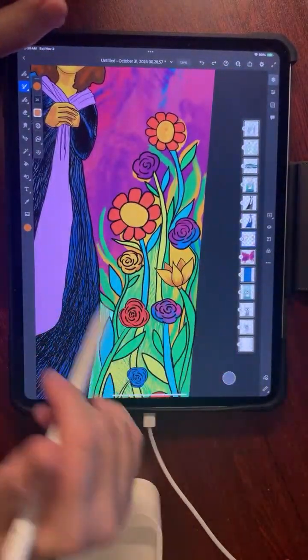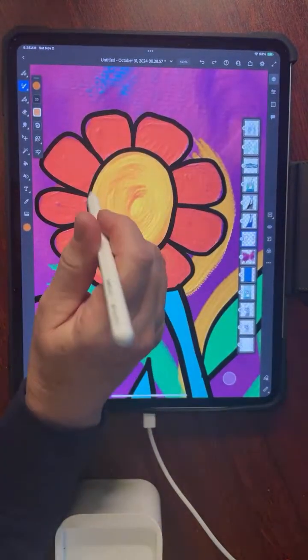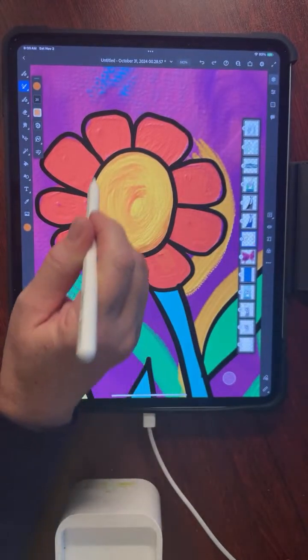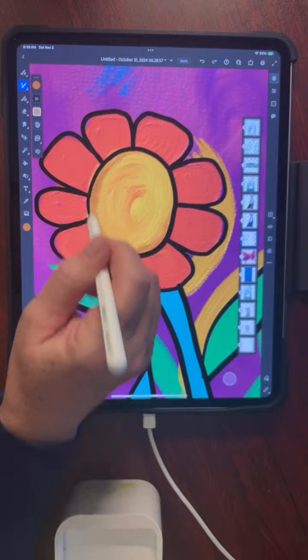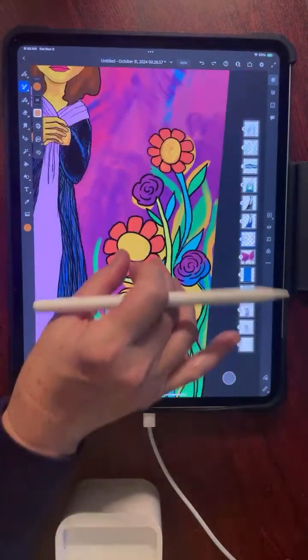You know, I could just keep going and going on these flowers. I really could. There's just so many little petals and leaves that I can make more painterly, which I will do. I don't know if I'll do them all in front of you, but